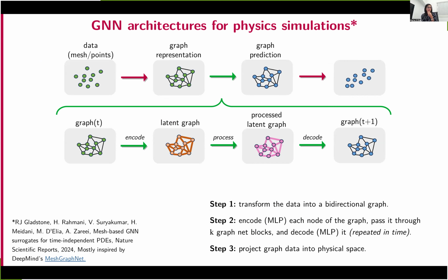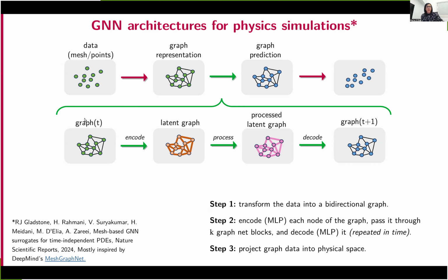The base architecture that I've been using for a while now is a message passing graph neural network, and we've been considering variations based on this vanilla version. The closest to this, and probably the architecture that made this type of networks explode, is the MeshGraphNet architecture. And this is a simple cartoon that illustrates how it works.